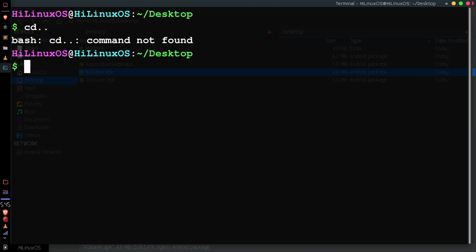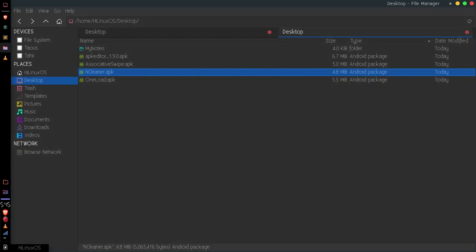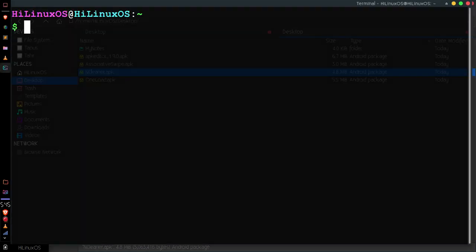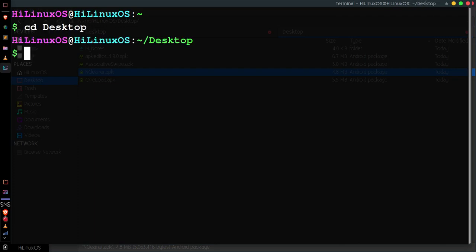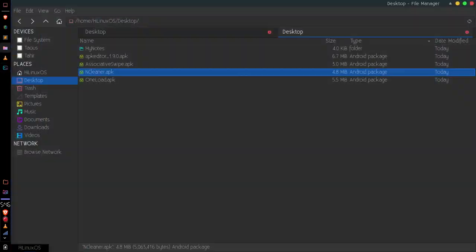You can simply type cd Desktop. Control Alt T, and now you can just type this one to go to desktop because I have these files on my desktop.